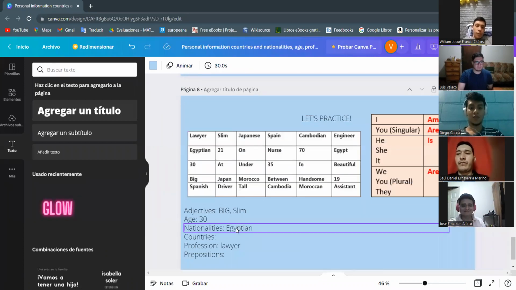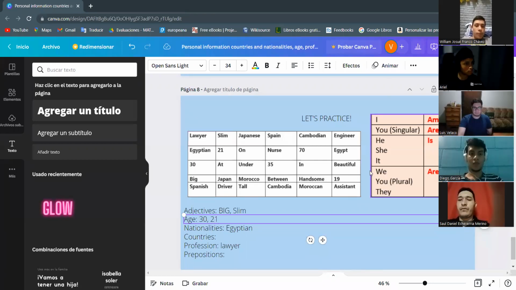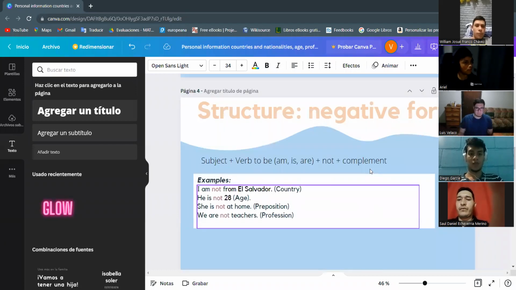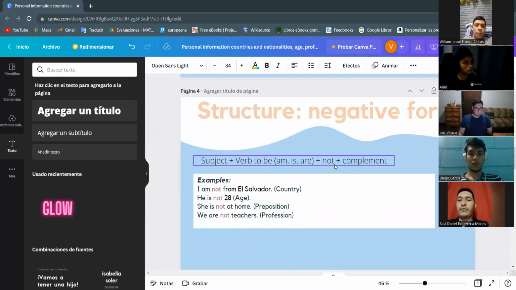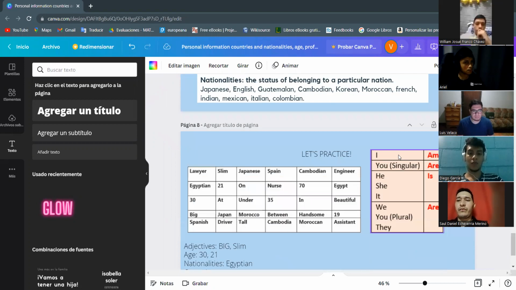Emerson. Do you see an H in the second column? Okay, in the second column, age and 21. All right. Give me a negative sentence using 21. I am not 21 years. Okay, years old. Or you can just say, I am not 21, and it's the same thing. Great, good job. Thank you.